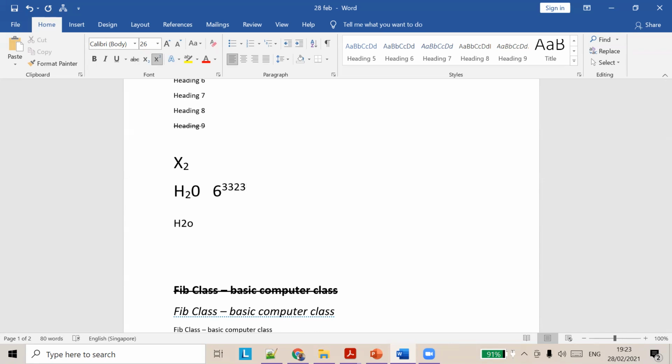If you have any number of superscripts, like 2 or 3 or something like that, this is called a superscript. Once you finish writing the superscript, you can switch it off, and now it will come back to the original place. Okay, so this is superscript and subscript. Any doubts in this? Is it clear? Doubts?